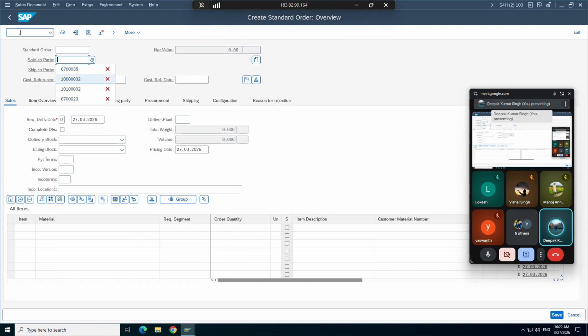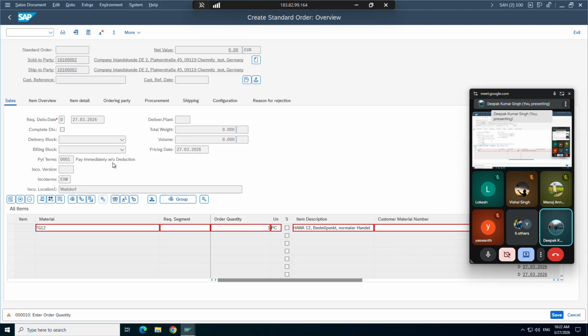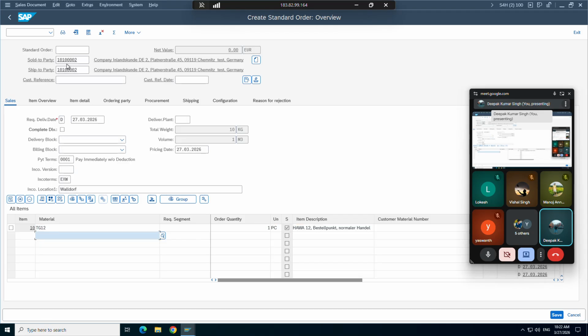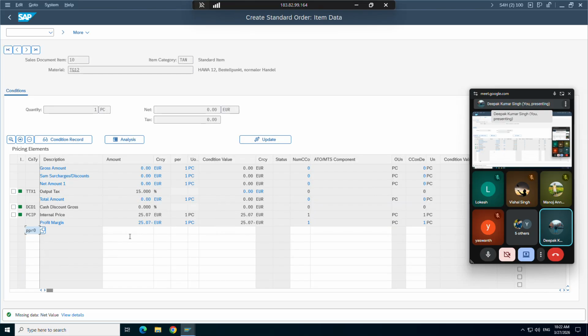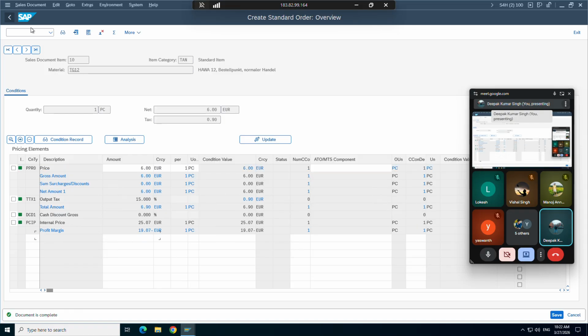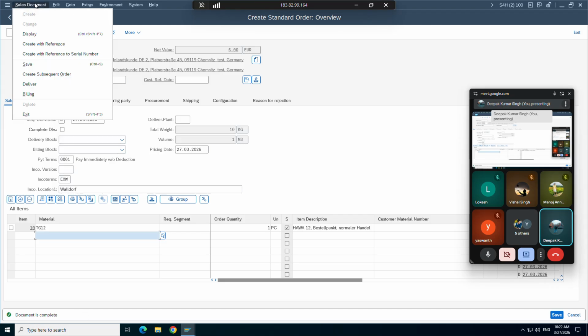Okay, let's use our own customer for the time being. Let's use TG12. Net value. My document is complete. Now if I create delivery with this screen, or if I go to VL01 also,